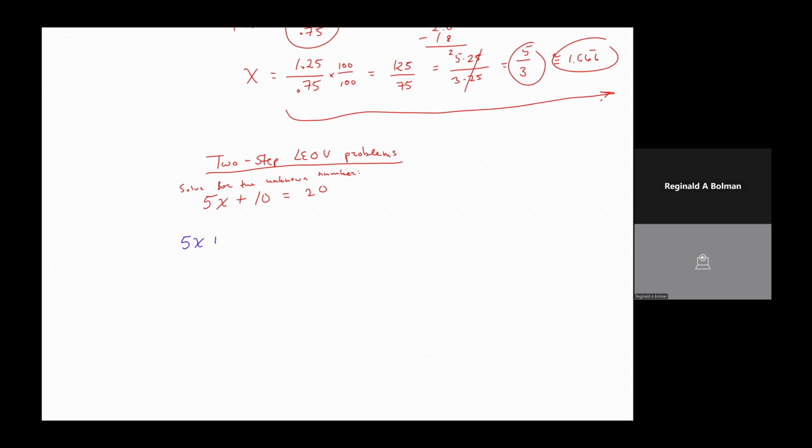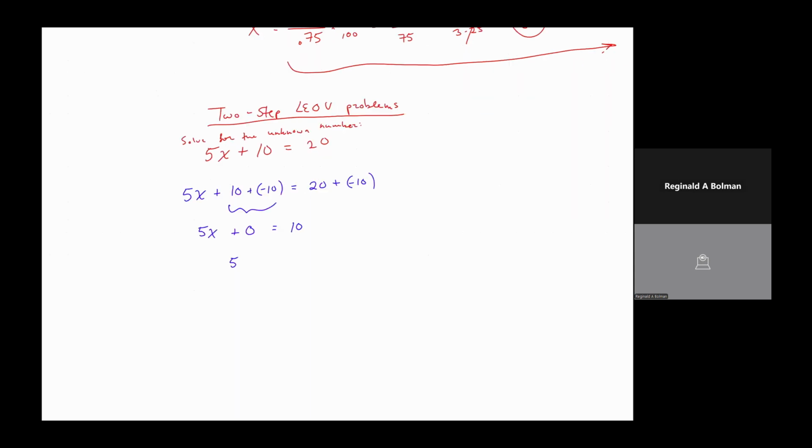So I'm going to add the additive inverse of 10, which is negative 10, to both sides of the equal sign. 10 plus negative 10 gives me 0, so I get 5x plus 0 is equal to 20 plus negative 10, which is just 10. 5x plus 0 is just 5x, and now we have a one-step